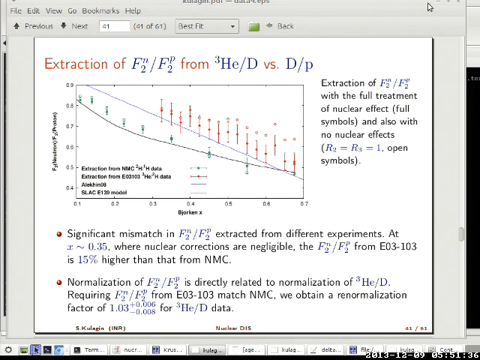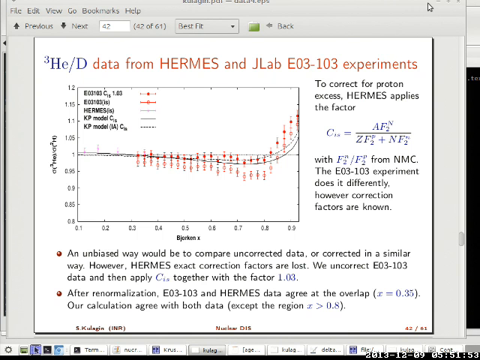And actually, if we try to rescale the N/P ratio for the JLab experiment, it's possible to reconcile two different measurements